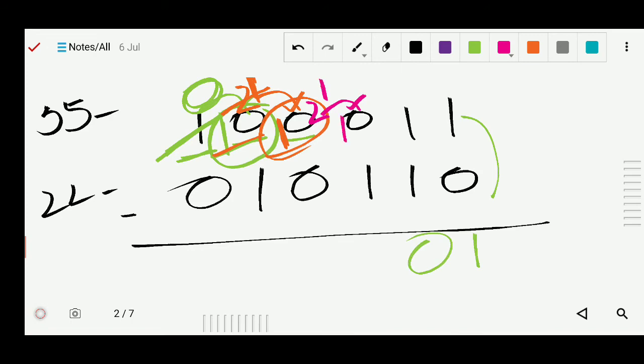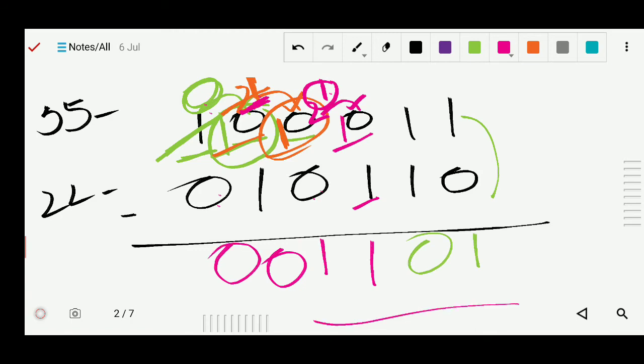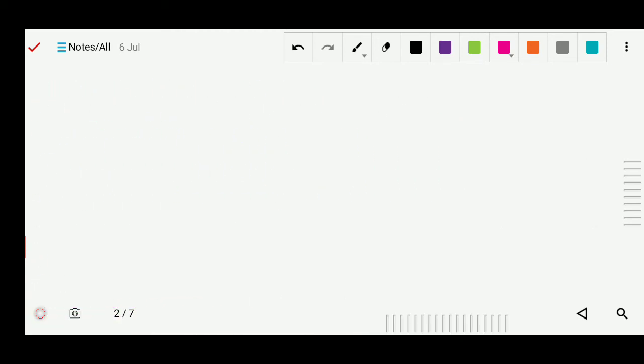Now see, 10 minus 1, that is 1. Now here is what? 1 and 0, 1 minus 0, that is 1. Now here is also left only 1 because 2 has given 1 and now he became 1. So 1 minus 1, that is 0. And already there is 0, 0. So write 0. That is your answer. Understood? Okay, no problem. One more I am going to solve.